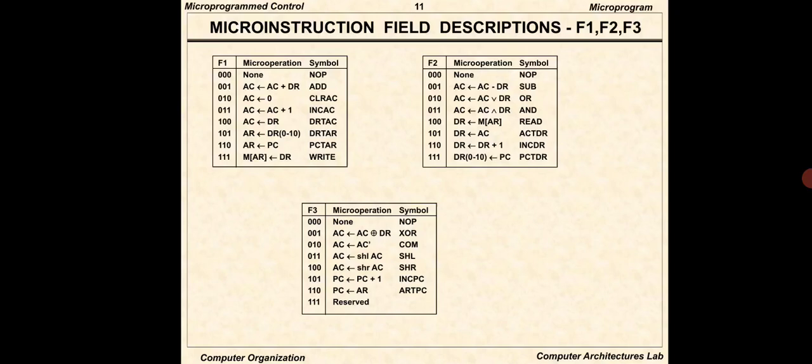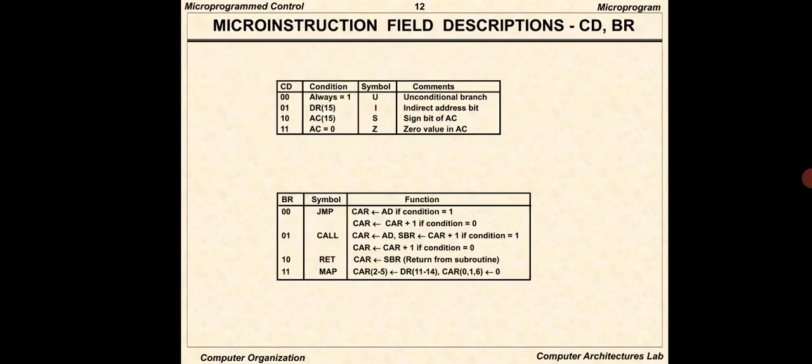If you don't remember these particular symbols, all these instructions in a sequence, then simply draw this table with all the 8 different bit combinations. First will always be no operation for all these three fields, NOP. The next ones will be add, subtraction, XOR, and the next one dot dot, you can leave these fields if you don't remember this micro instruction field. But when you come to your condition field and branch field, it is compulsory to draw these two blocks.